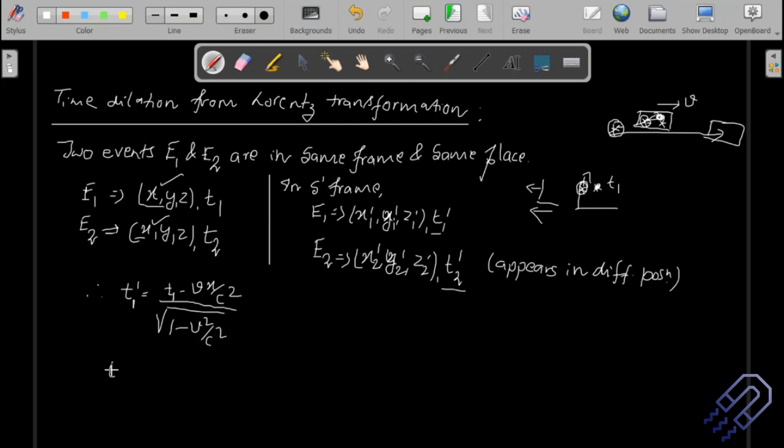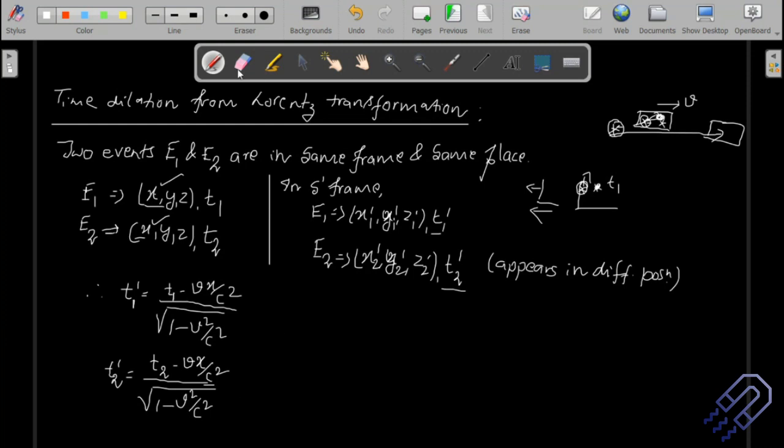And if I take it for the second event, the second time t2 prime, the time will be different. So this will be t2 minus v, constant velocity because inertial frame. That's why Lorentz transformation. This is x. This will remain as x, okay, because in the stationary frame x does not change. In the moving frame x changes. Divided by c square, divided by root over of 1 minus v square by c square, right?